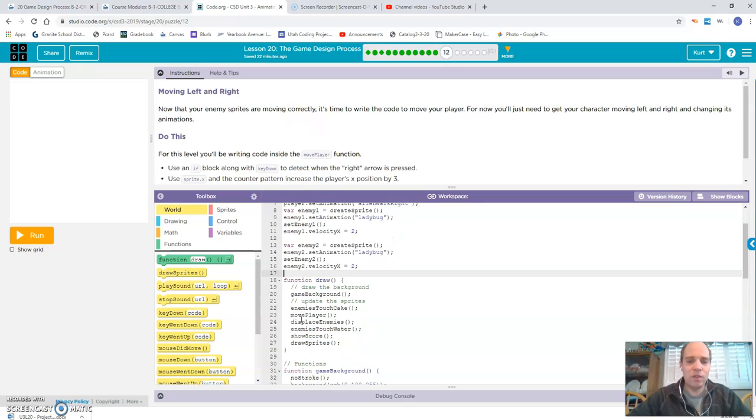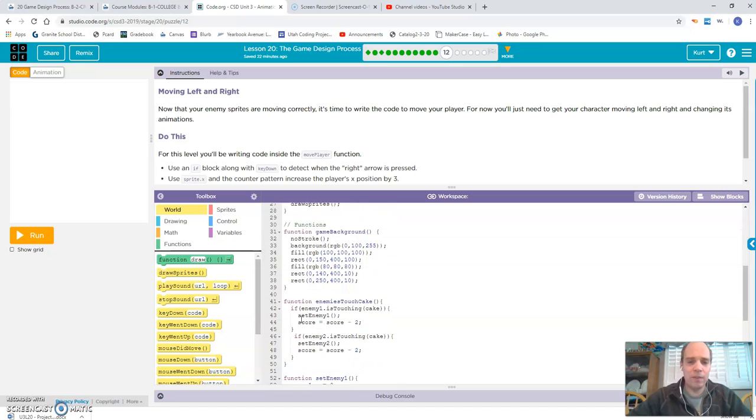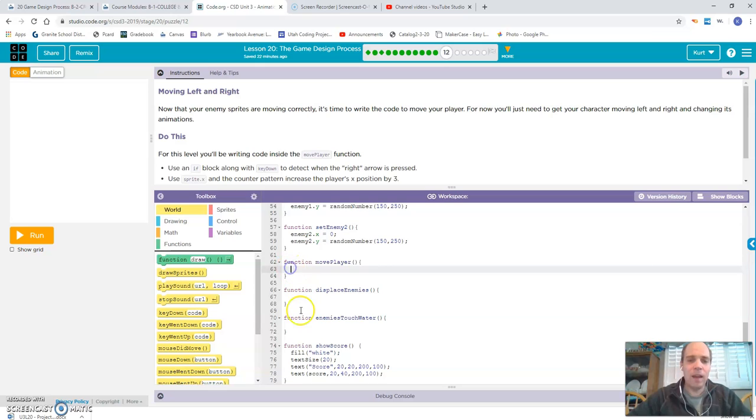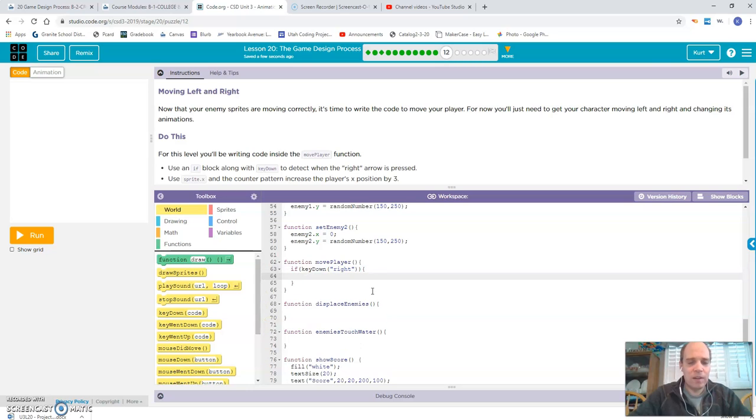So we're going to scroll down to the move player function, which is down here, right there. And we're going to put in an if block. And we're going to see the key down, and we're going to do the right one first. Then we put a little brace there, and we're going to say player.x equals player.x plus 3. And so,